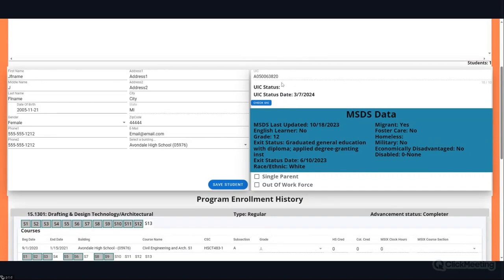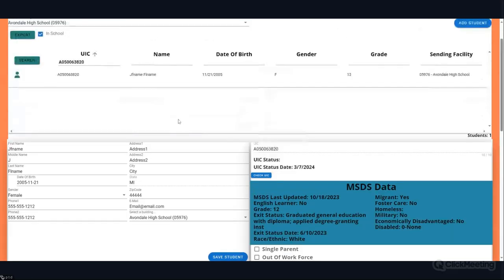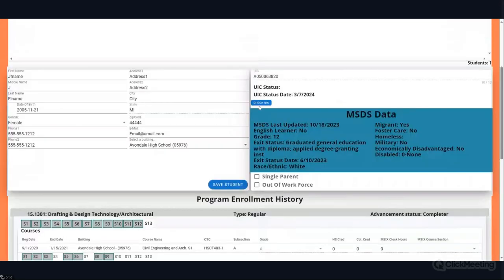So as I was stating before, when you want to put in those students, that MSDS data deadline, if you want to come in and check your student UIC information, you can do so by using the Check UIC button here. So you can go in, search for the student in the panel, and then check the UIC. If you want to, manually, for each individual student, you can do that. So that's the information that you want to make sure is accurate for that